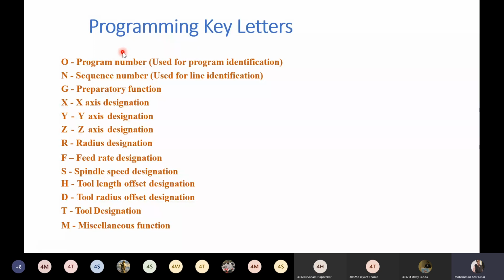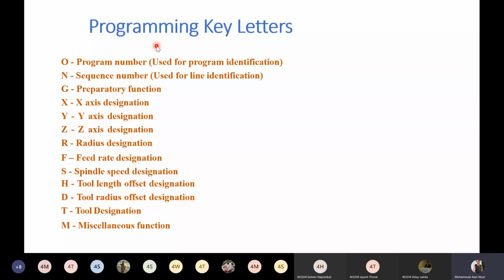These are the letters which are used in a block of your program. One block means the conditions you are giving to your machine control unit. O is for program number. Take FANUC controls, the manufacturer OEM FANUC.